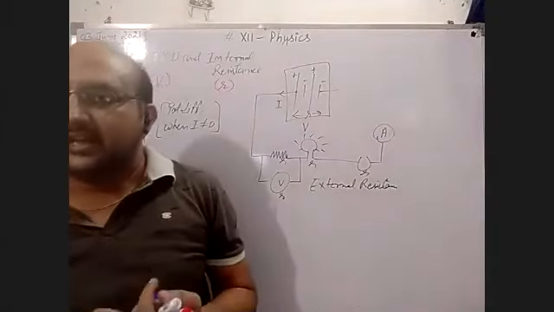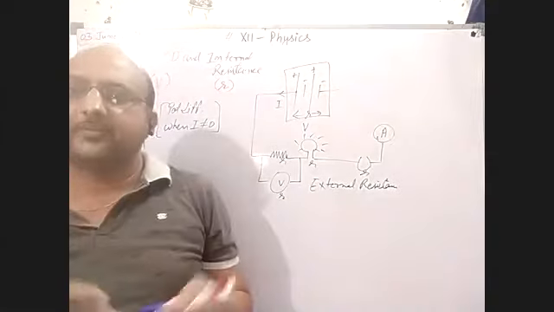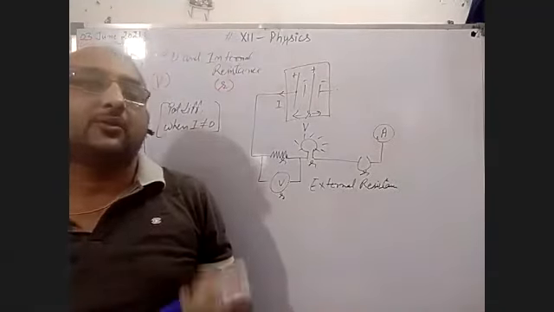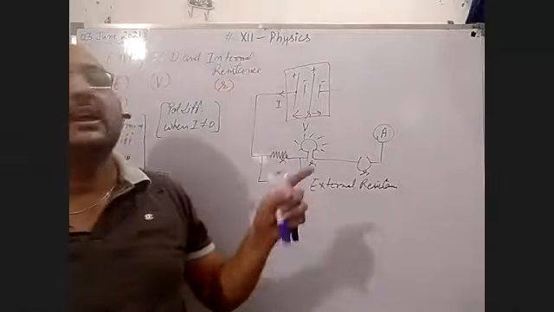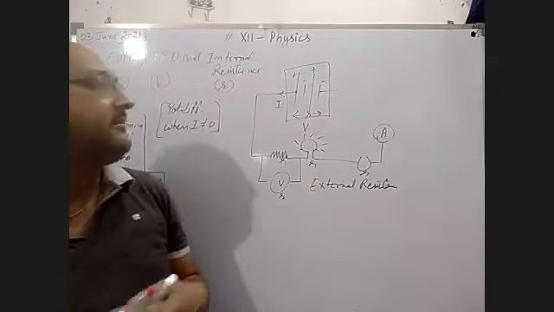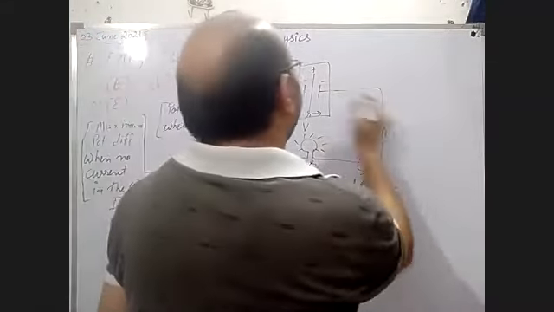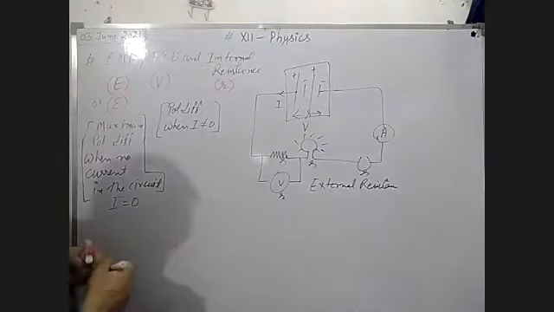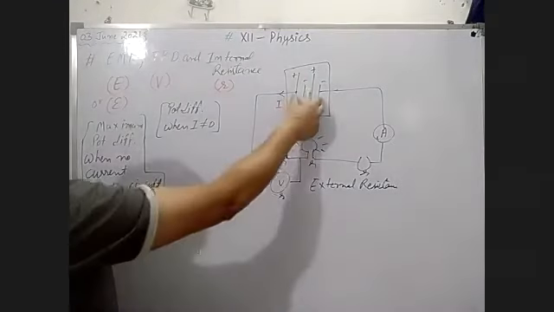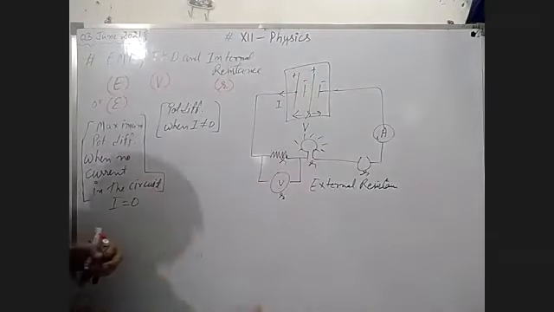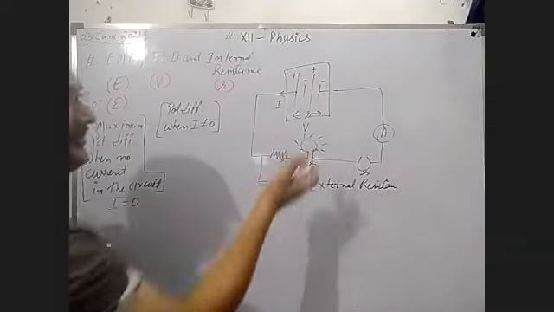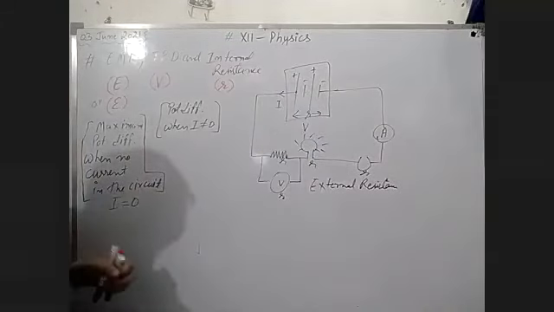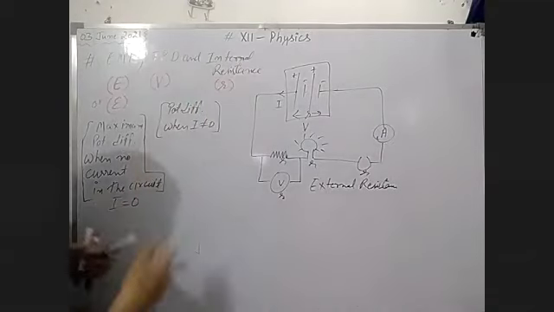Everything in this world has dimensions like length and area. If anything has length and area, then you know it has resistance. So we are applying this logic to internal resistance. There may be some area, some length, the gap. So we take the internal resistance in this case, and it is denoted by r.